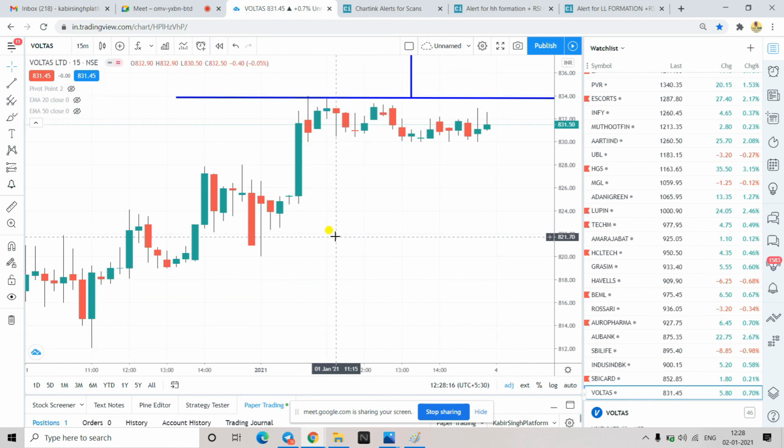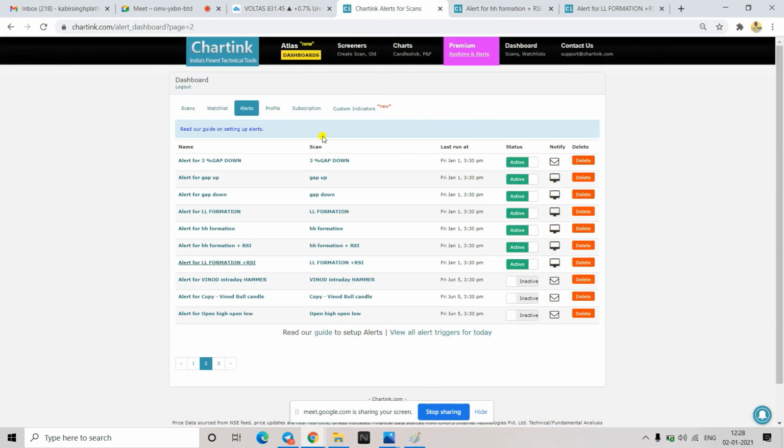So first thing is we need to check for the first candle, the 9:15 to 9:30 candle, and draw the lines of that candle's high and low. And based on that, if the next candles cross the high, or the previous day's high, we can go for the buy order. Or maybe if the trend is down, and if it crosses the low, then probably we can go for a sell. Correctly interpreted. Okay, that is what we do.